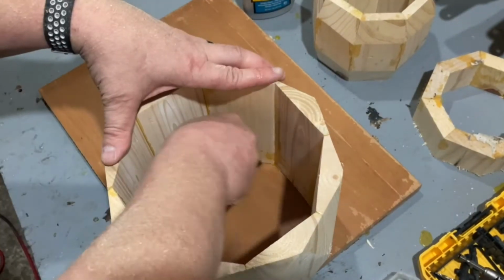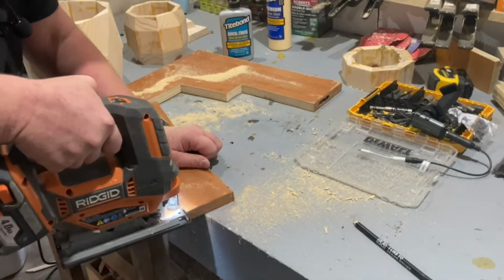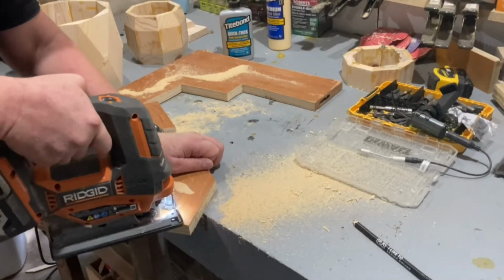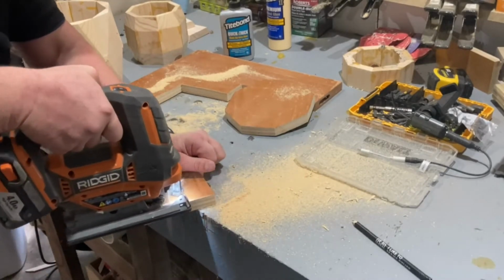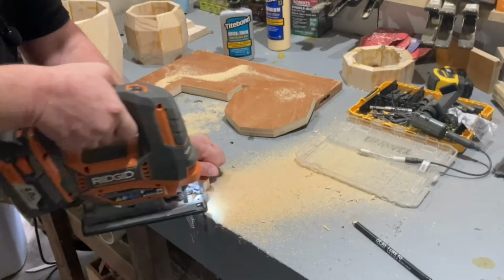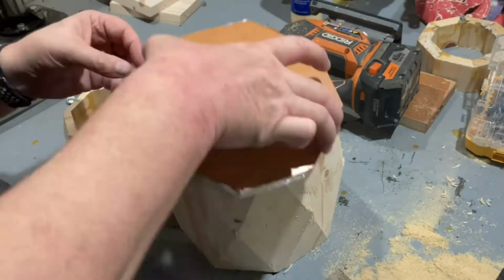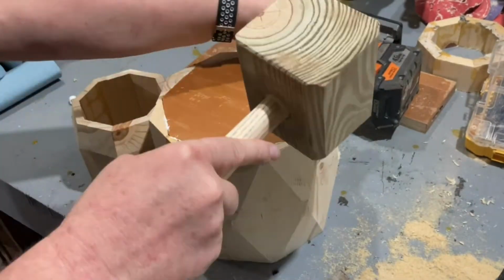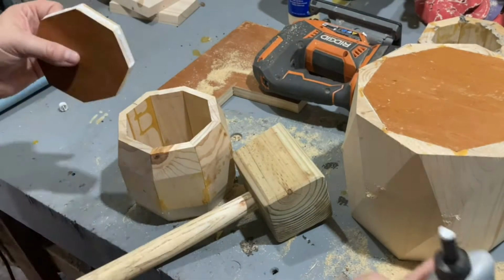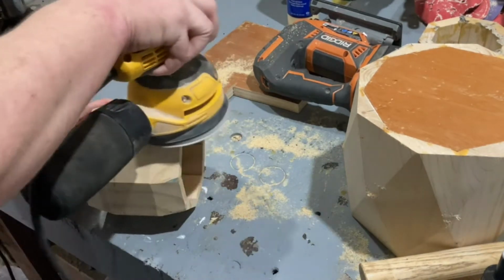I used some leftover 3/4 inch plywood for the base of the pots. And just when I thought the sanding was over,